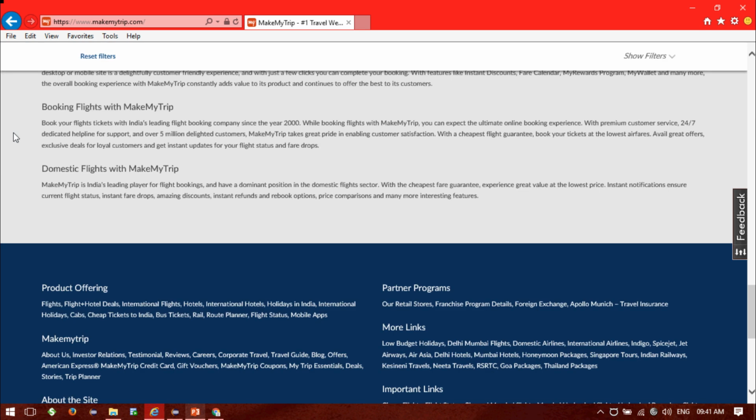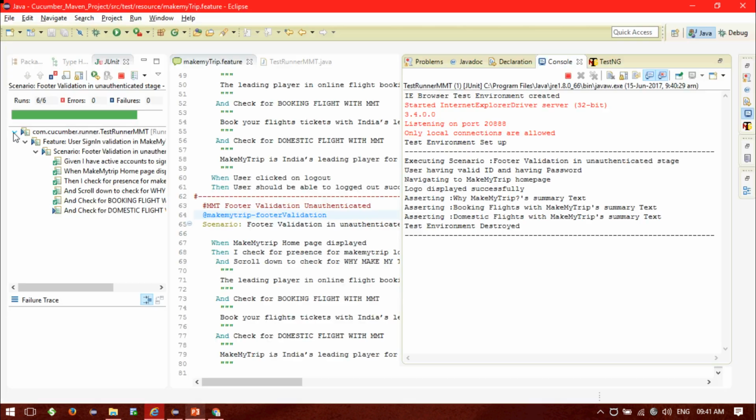So the page got loaded successfully. It's scrolling down to the bottom and closing. Okay, and it checks for the domestic flight reference.